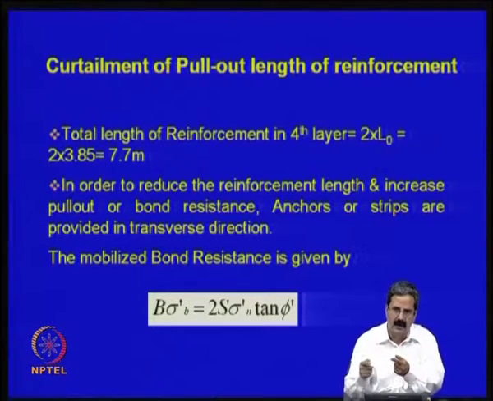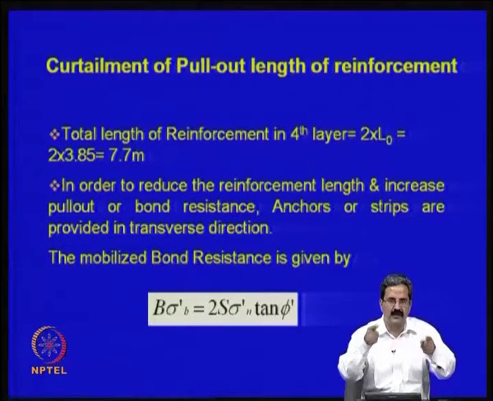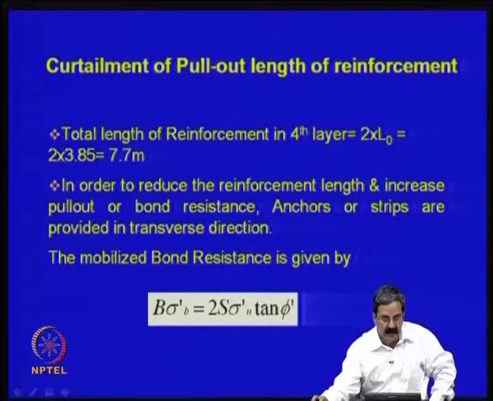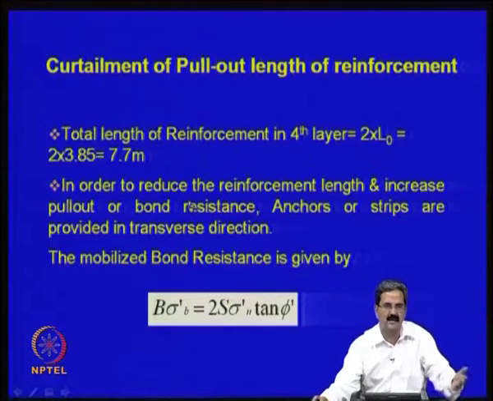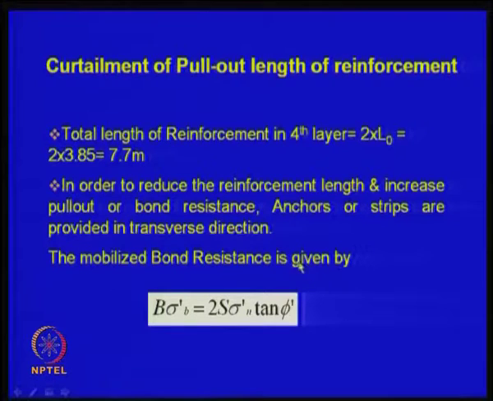There should be some sort of bond resistance developed, like you can see in the case of a pile foundation, where you have a formula with a failure surface developing like this, right. Similar to that, we have geotextiles and geogrids. Why did geogrids come into the picture? Because you have nice bearing members present. The whole objective is to reduce the length of the reinforcement, because it could be expensive. So, we try to put some sort of bearing members or bearing resistance.